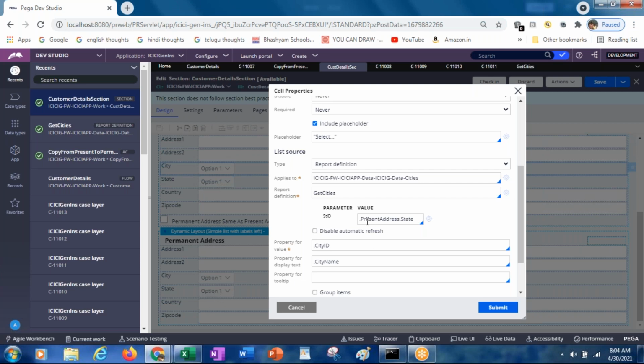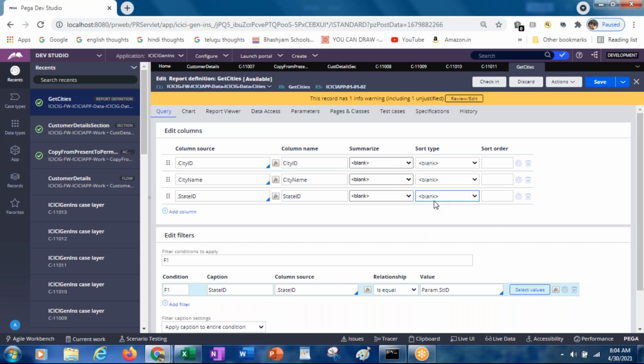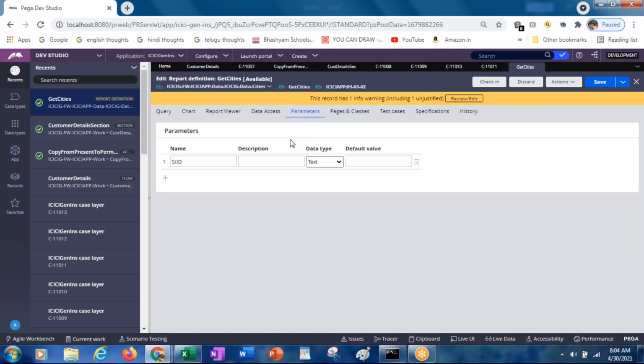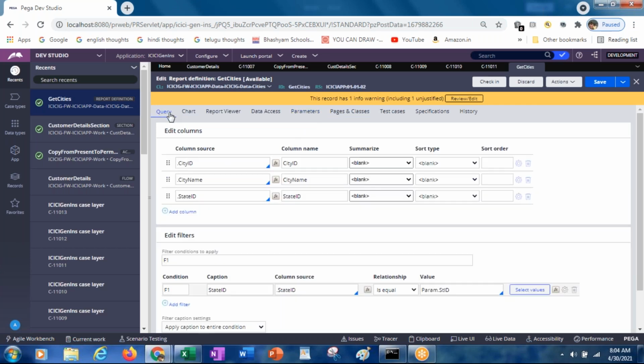That value is passed to the get cities report definition, and the present address dot city or permanent address dot city will come and be stored. Then the condition state ID is populated from the param.stid.